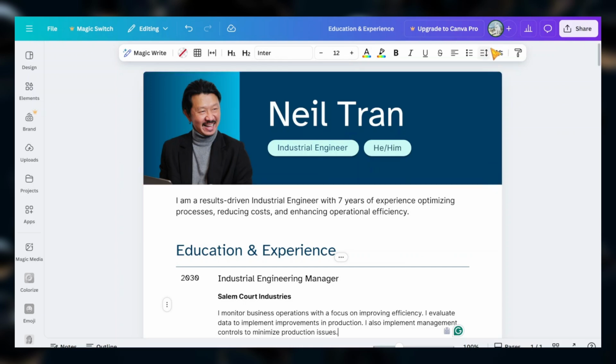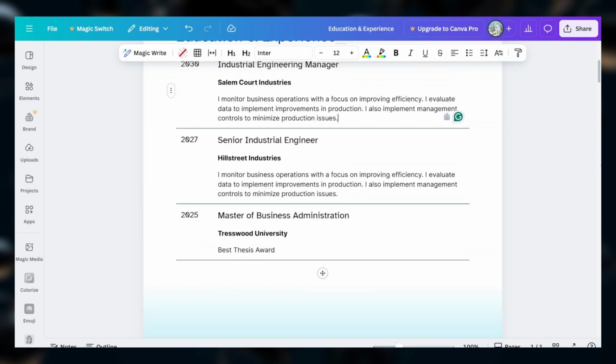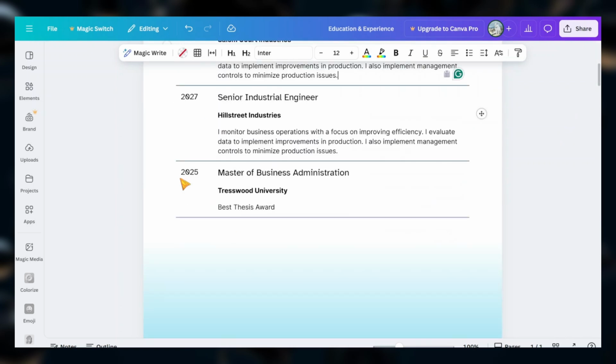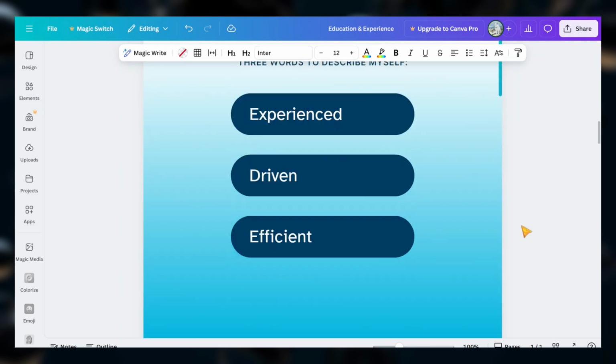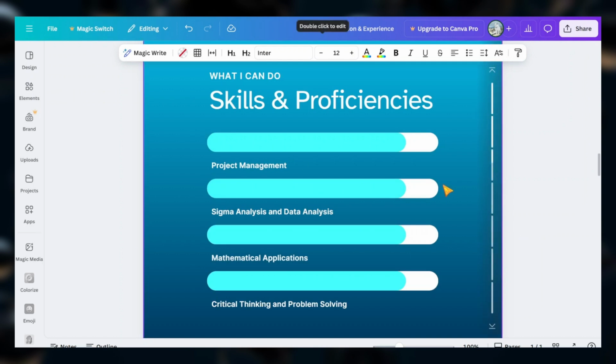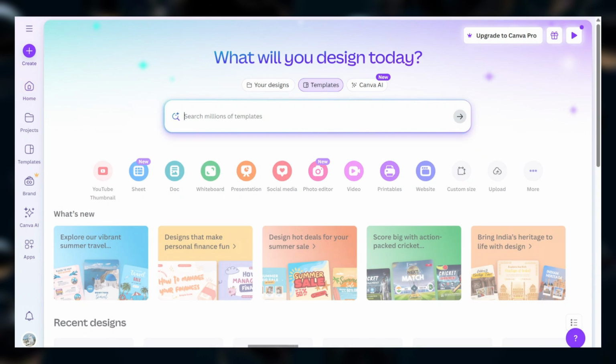How to use Canva Docs and convert them to presentations in Canva. I'll walk you through the entire process. To get started, head over to the Canva homepage. Click on the Docs tab or simply type Doc into the search bar to begin a new document or open